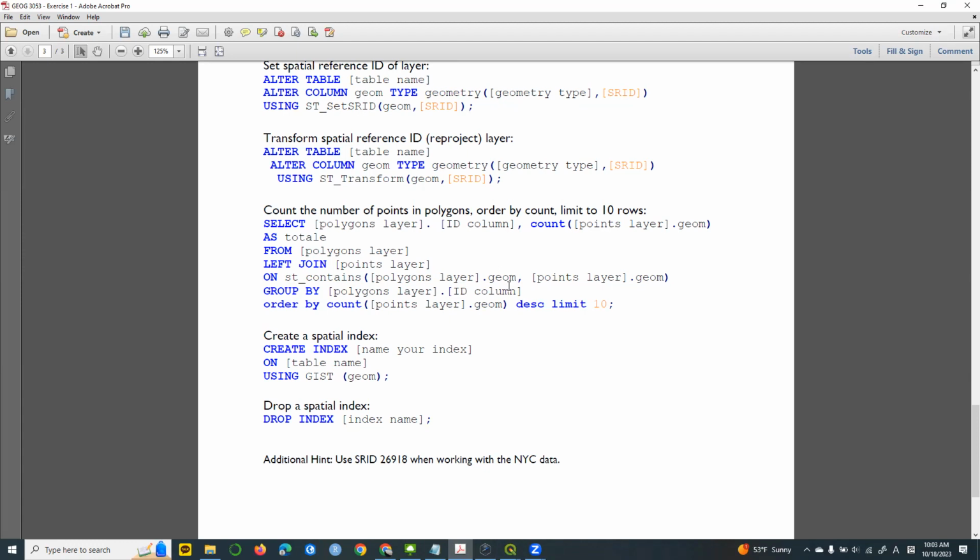So we're going to group the polygons, and then we're going to see the counts here, right? And we're gonna sort this table in descending order of the counts, and then we're gonna see the top 10 of the counts in each polygon. Okay, so you can just copy this and then change the